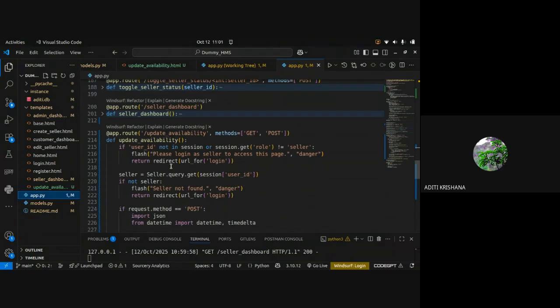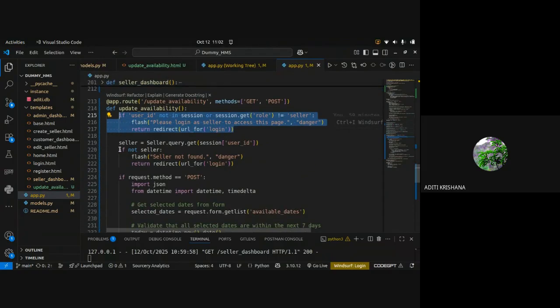So first of all, it is checking that only the seller is allowed to do this. If the user ID and the role is not equal to seller, then it will tell that you should log in to the seller page, or you do not have seller access, and it will redirect to the login page. So this is the first check, that this functionality will be done only by the seller.